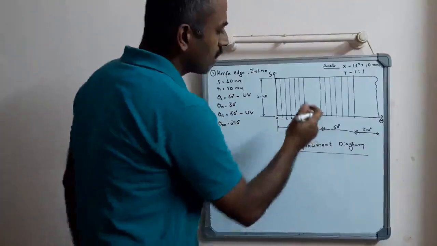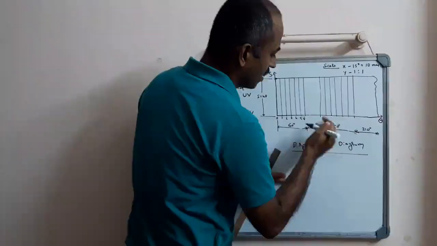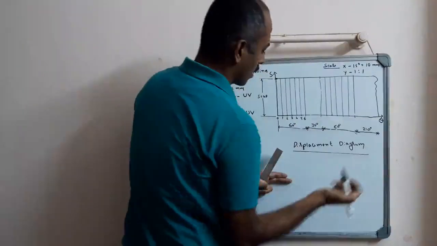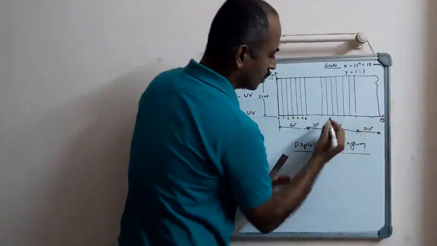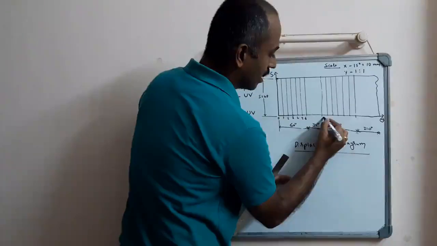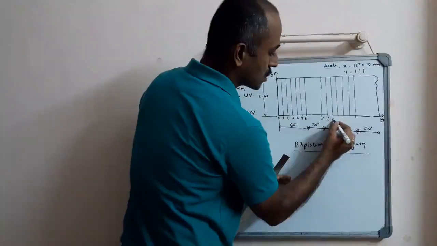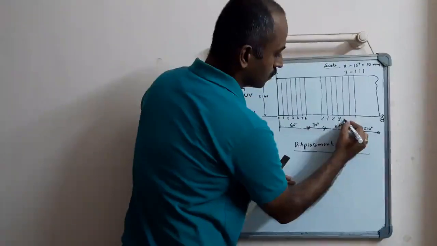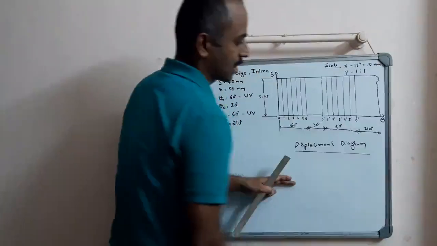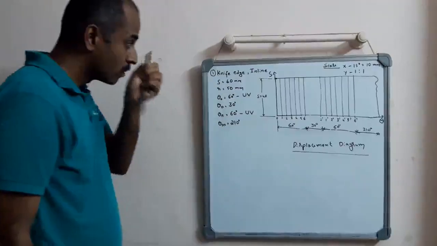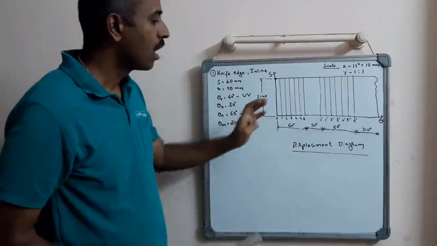We can number these divisions in this order or in the reverse order. Both are okay. In some textbooks they follow reverse order. So we'll name it as 0 dash, 1 dash, and finally 6 dash. We know that